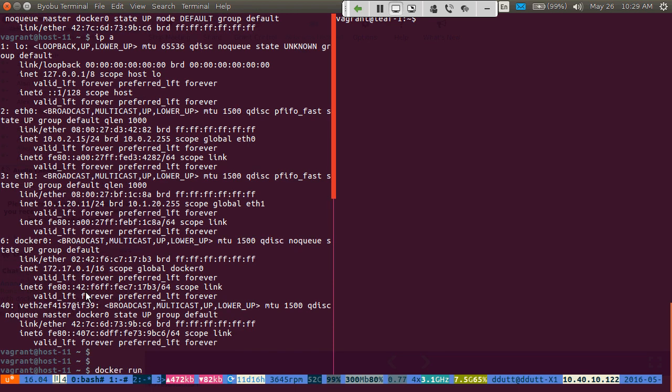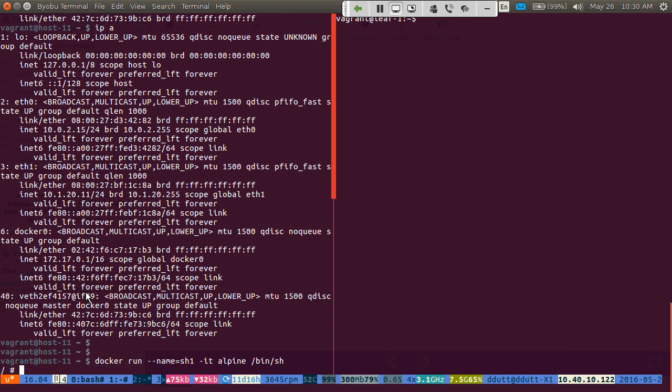Let's spin up a container. We'll call it sh1, and I want you to download an image and run. This is an example of how quick it is to spin up a container. It's no different than spinning up a process on a Linux server. Compare this to doing this on a VM. It's much more complex and takes much more time. The infrastructure required is a lot more sophisticated, whereas here it just spun up.